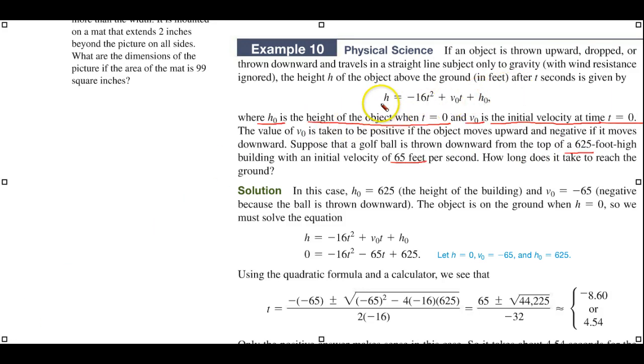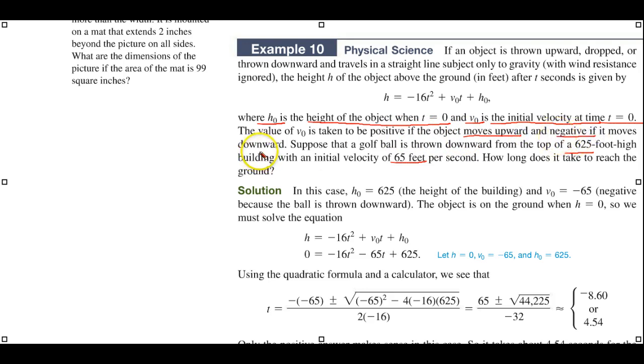Okay. Now, to apply this formula, we need to have some background as to what these letters refer to. It's given h sub o is the height of the object when t equals 0, that is, time is starting, and v sub o is the initial velocity at the time of starting at 0. The value of v sub o is taken to be positive if the object moves upward, and negative